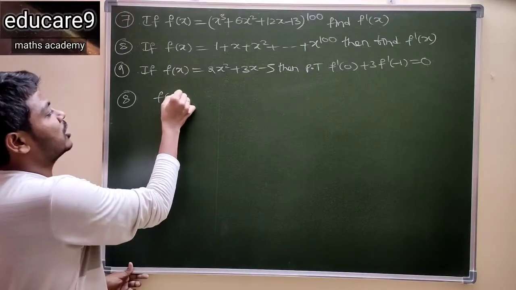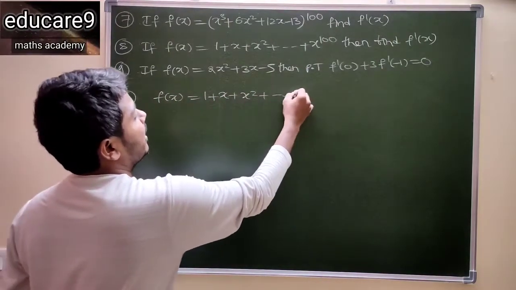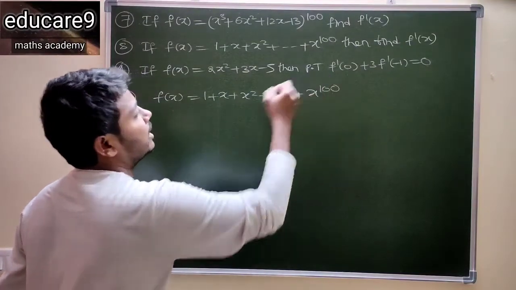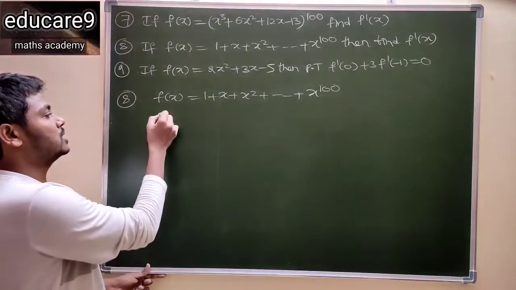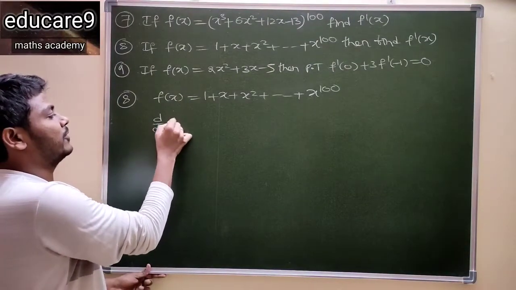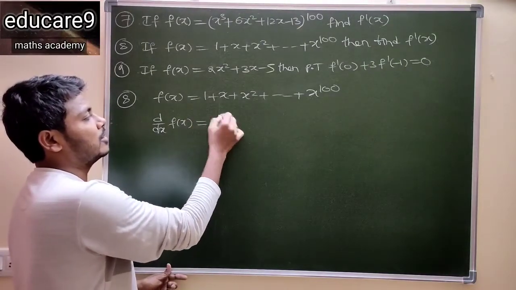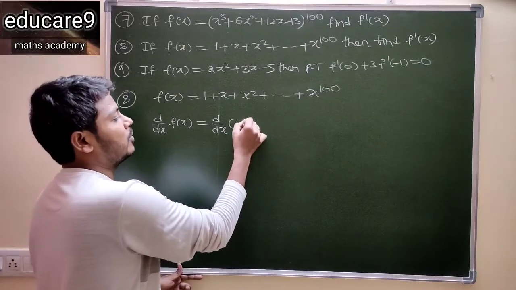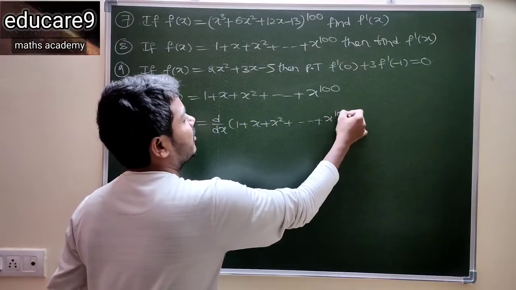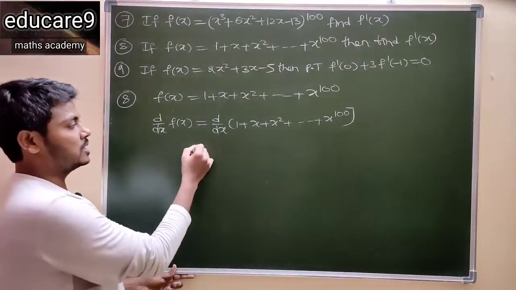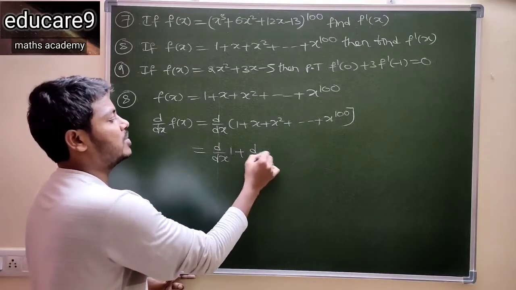See your next question, number 8. See here, f of x is what? 1 plus x square and so on up to x to the power of 100. Then find out f dash of 1. Again we have to do the derivative. See here, this is d by dx of f of x, which is d by dx of (1 plus x plus x square and so on up to x to the power of 100). So first, d by dx of 1 plus d by dx of